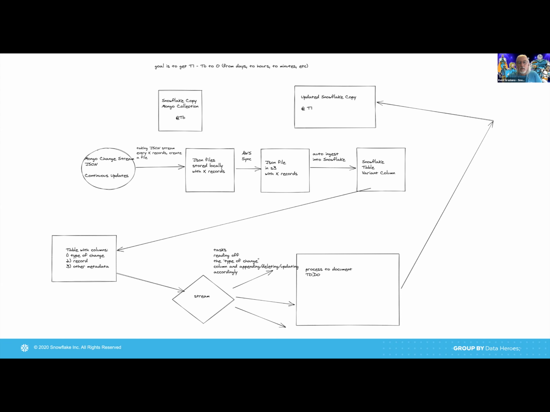Okay, so how did you come up with the number 10 for the number of changes per file? Did you play around with this value, and is this what got you the most throughput, lowest latency, whatever? Seems pretty small, even for micro batching. Yeah, so we want it to be as near real time as possible. Also, Mongo works in its own mysterious ways, so just to glance over it, there are batches that this data needs to come in, et cetera, et cetera.